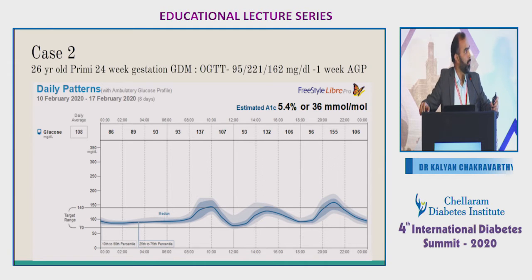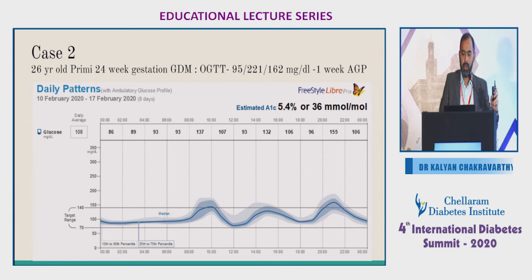Clearly this patient has a postprandial rise in sugars at meal times, so high glycemic exposure and a high positively unstable curve predominantly after meals. Now why is this important? Because this patient may not benefit much from metformin or a premixed insulin, because she's significantly having a dip in these curves, and this is without treatment. I've not started any treatment on her.